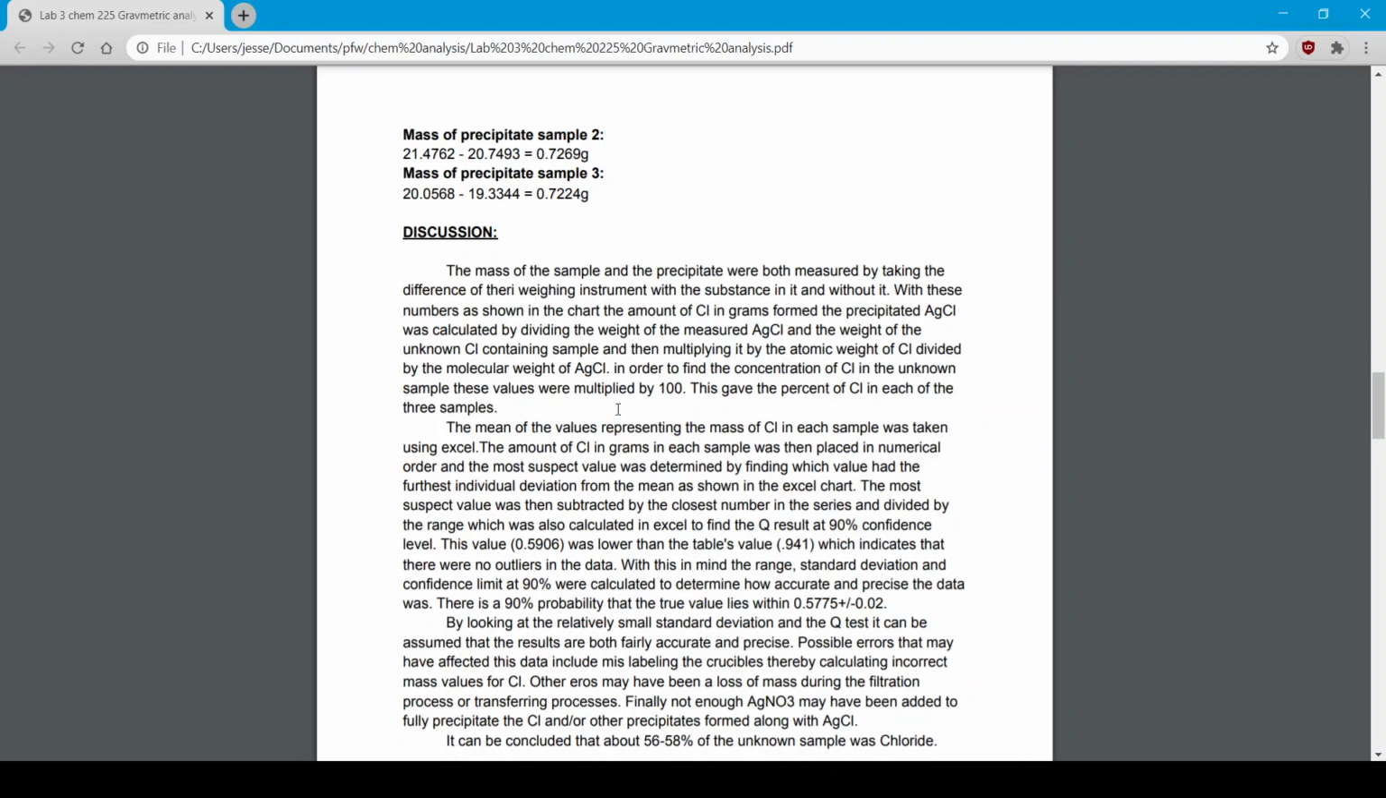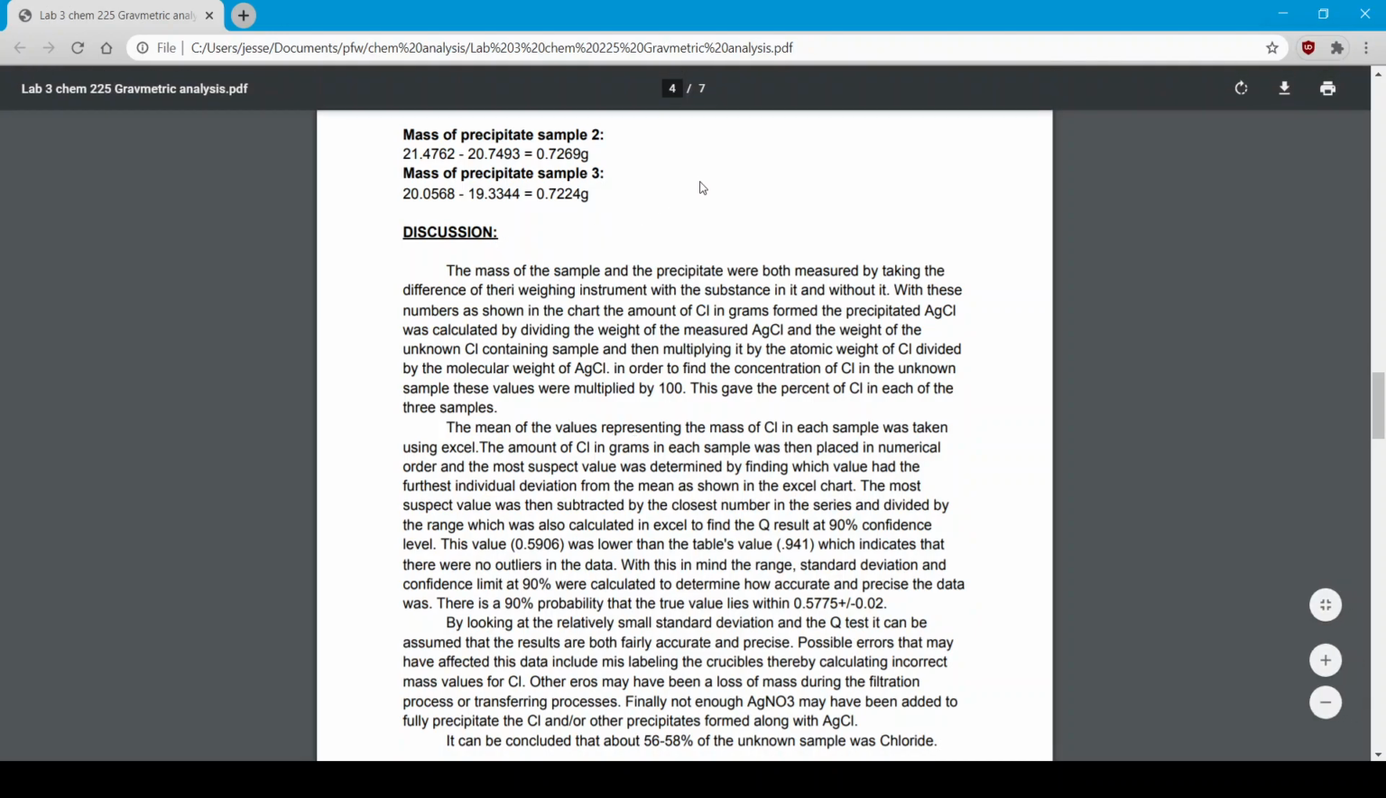So essentially in the discussion, I started out by saying the mass of the sample and precipitate were both measured by taking differences. Oh, there's a typo here, sorry about that. Of the weighing instrument with the substance and without it. With these numbers as shown in the chart, the amount of Cl in grams formed, the precipitated AgCl was calculated